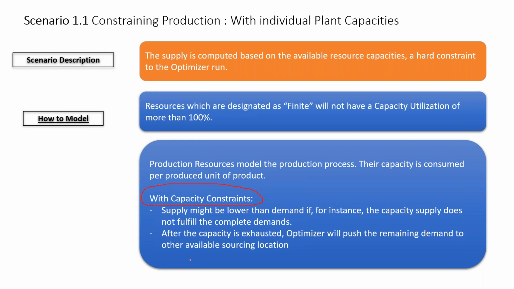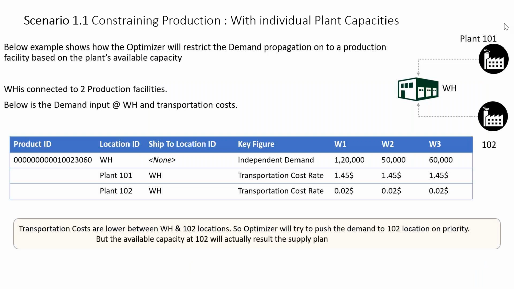So let's see a small example on that. So this is our network, right? There is this warehouse connected to plant 101, connected to plant 102. So at the warehouse, you see this is a location, and there's this product. Don't worry about it. There's this ship to location level. These are the planning levels. This is a key figure. So the independent demand